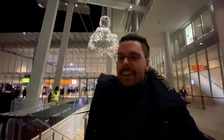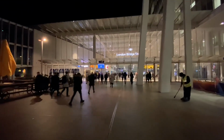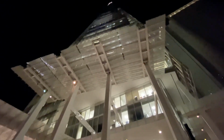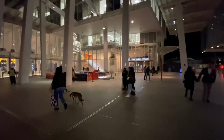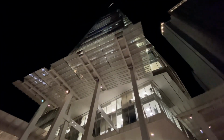Wow, that elevator goes down really quick and pops your ears quite a lot. So the Shard is literally integrated into the London Bridge station right over here. So here we have the railroad station and also the Underground. And right over here we have the Shard. So there is no show on the elevator. And that's why the Shard is not quite like the Empire State Building or One World Trade Center in New York. It doesn't quite compare in that respect. But it is